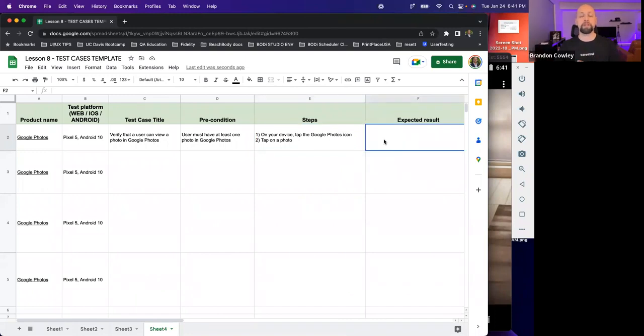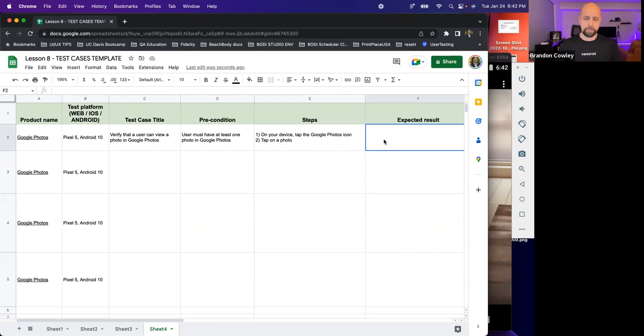And then we want to put our expected result. Now the difference, well, there are several differences, but a primary difference between a test case and a bug report or a bug ticket. We put expected results on a test case. We do not put actual results on a test case, okay? And I want to be clear about that. When you're writing out test cases, you are going through the user's flow to verify something that's in the test case title. You want to verify that thing. The expected result is that test case title effectively, but we don't put actual results into a test case, okay?